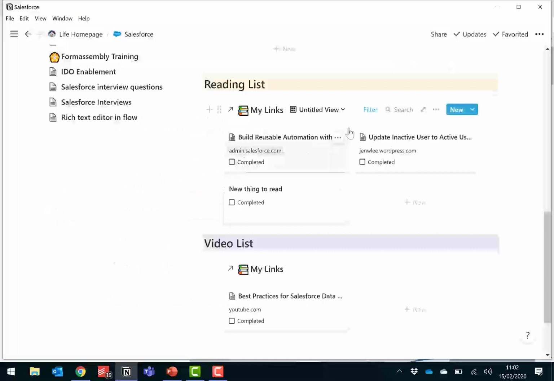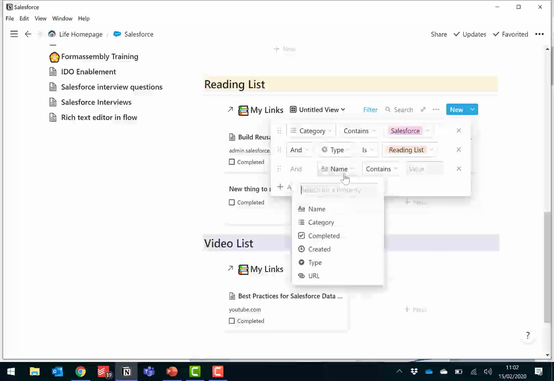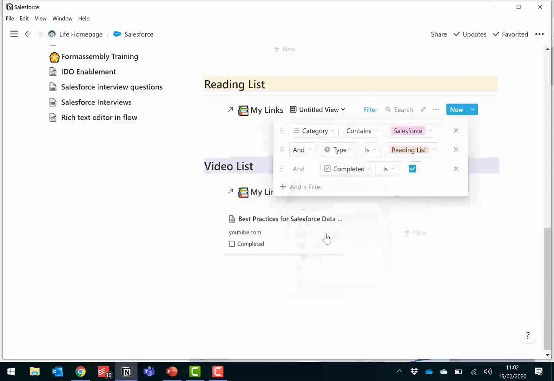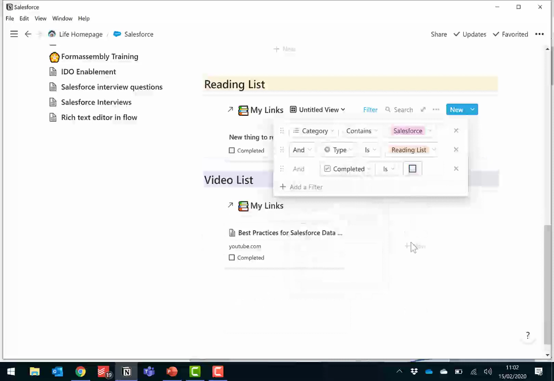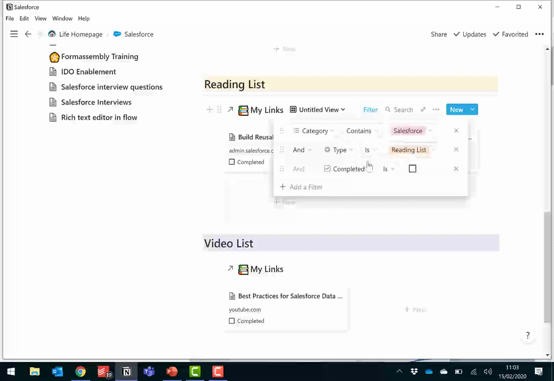Then we could even pull in another filter, such as whether it's been read or not, completed equals not. With regards to the reading list, if I finish reading it, I can simply tick that box and it disappears from the list, because the filter has gone.